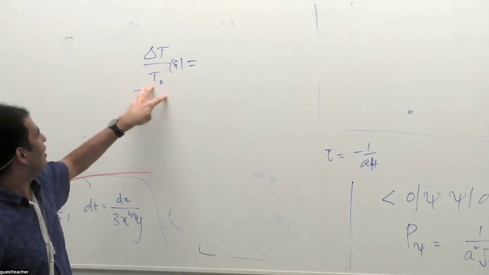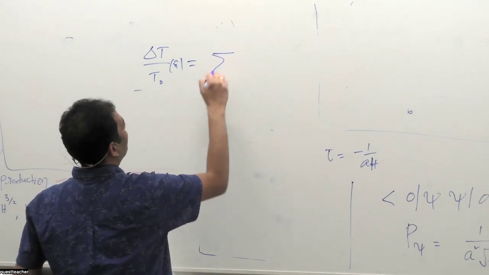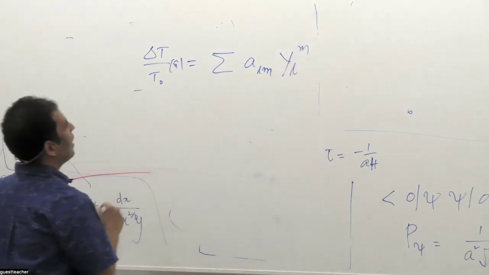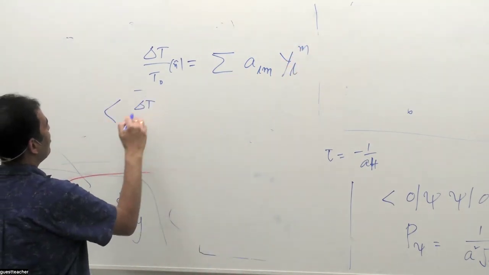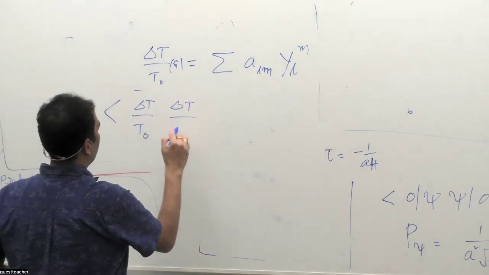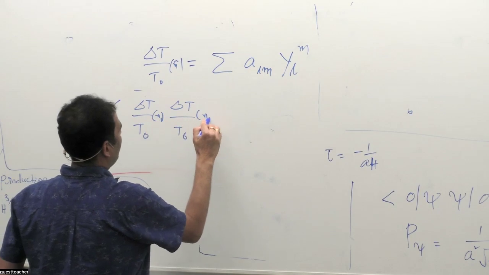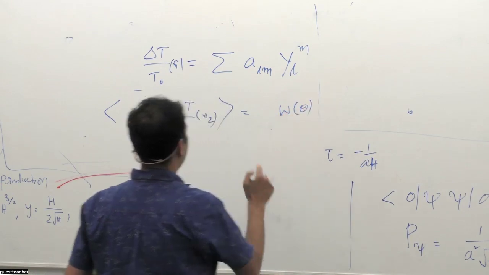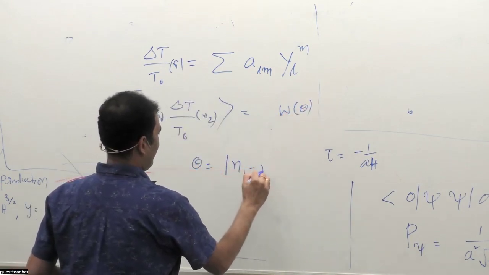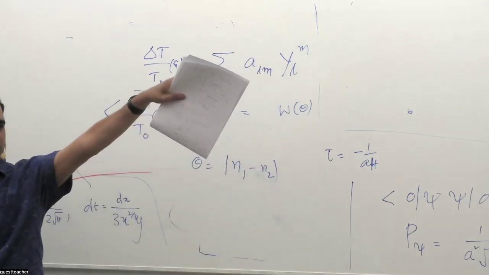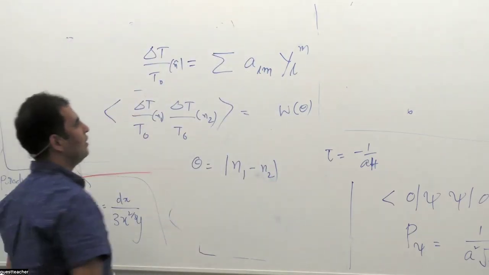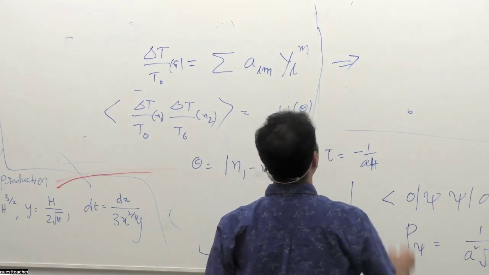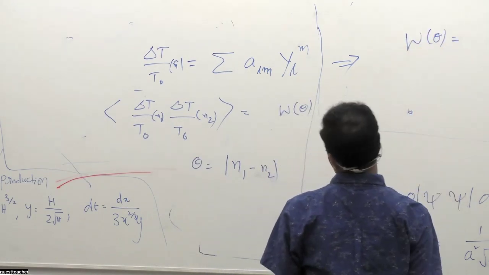What you measure is temperature correlations, but you write in terms of spherical harmonics. And you compute correlations delta T by T0, at directions N1, N2, and this gives you W of theta. Theta is nothing but N1 minus N2. So you look at correlations at all degrees. And just substitute spherical harmonics, you get W of theta to be,